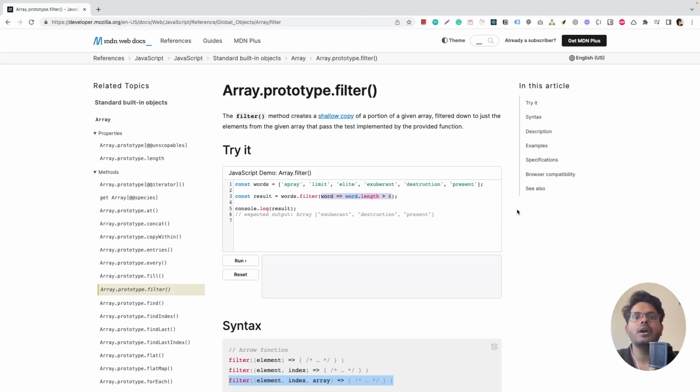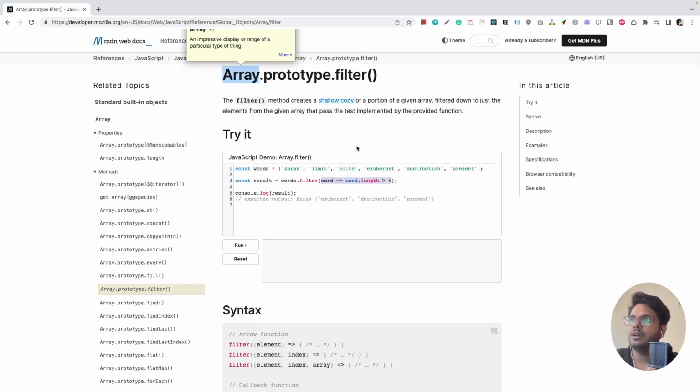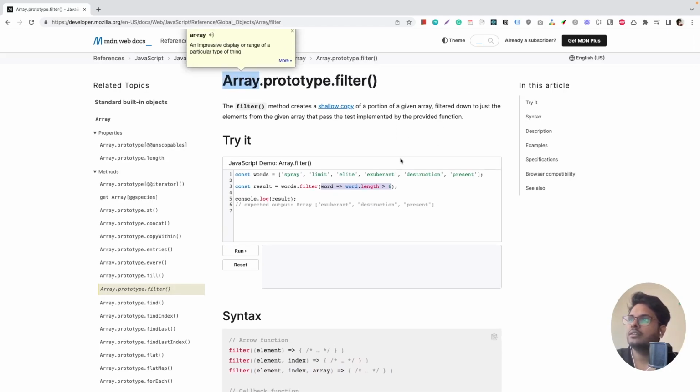In this video, I am going to write the polyfill for the filter method. As you can see on the screen, I have opened the MDN docs for the filter method. The filter method is available in the array object, and this is how the filter method is implemented. So in this docs, you can see that